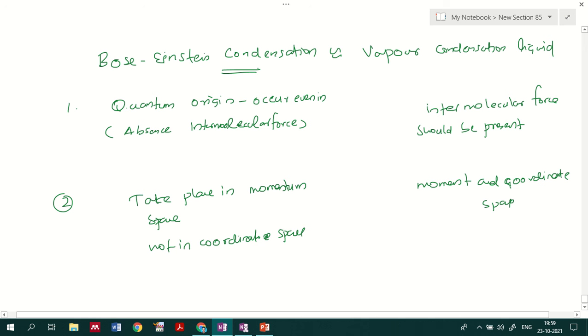So Bose-Einstein condensation is more important in that aspect. Most of the particles are occupying the ground state level where epsilon equals 0. We also saw that this phenomenon is possible at quantum origin, where quantum origin means the temperature should be comparably low. We also said that Bose-Einstein condensation mostly happens at absolute zero temperature, because all the particles will be occupying the ground state level, which do not have the proper energy corresponding to that.